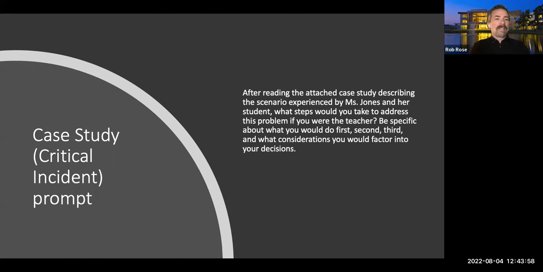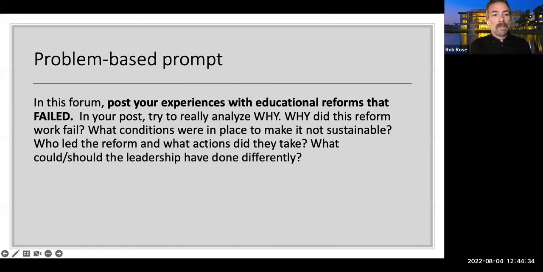Obviously, examples like this would require an additional document describing the scenario. Perhaps it's a description of a teacher who's dealing with classroom management struggles, and then it describes the behaviors of a particular student in the class. In examples like this, you as the instructor could either try to find existing scenarios and case studies, or create your own based on your understanding of problems of practice that exist in your field. Right, so that's our second tool in our tool belt.